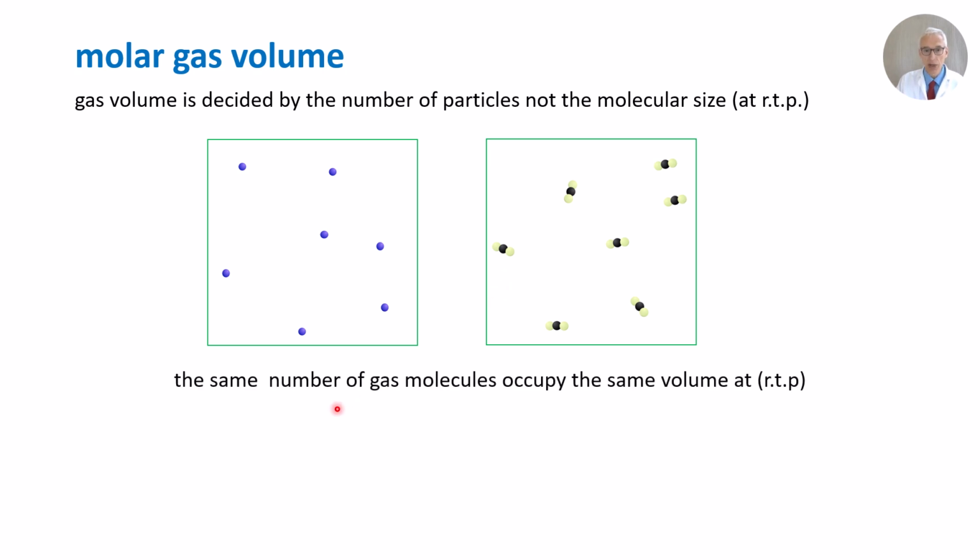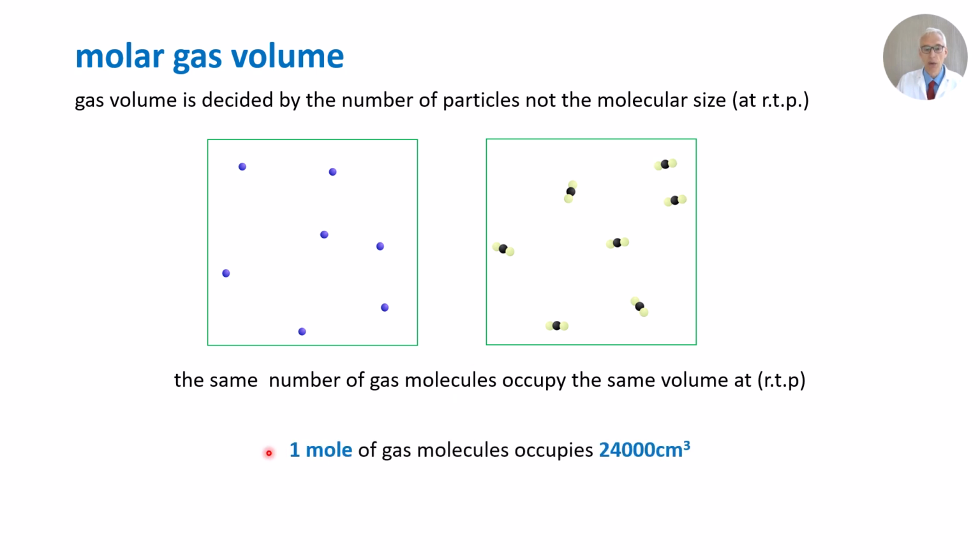The same number of gas molecules occupies the same volume. This is because the volume is principally decided by the distance apart of the gas molecules. The size of the gas molecules has no impact on the total volume. By experiment,